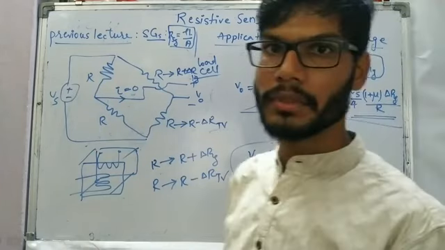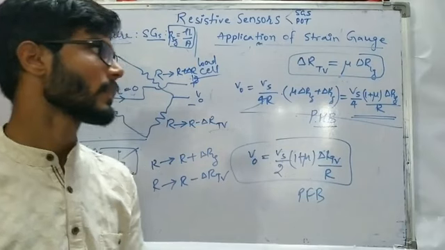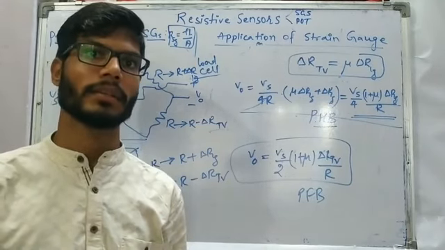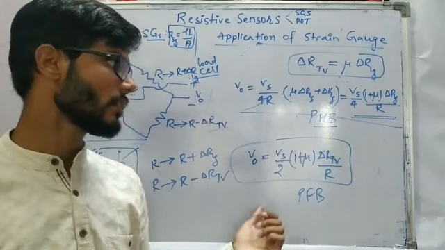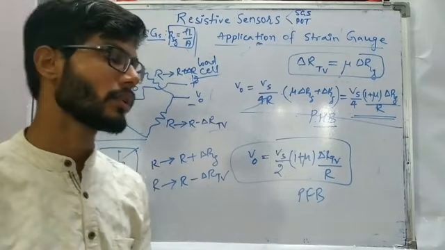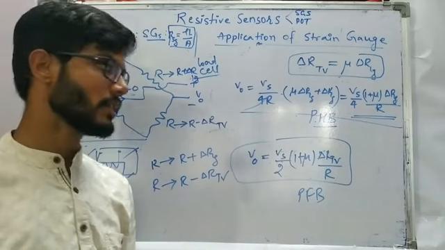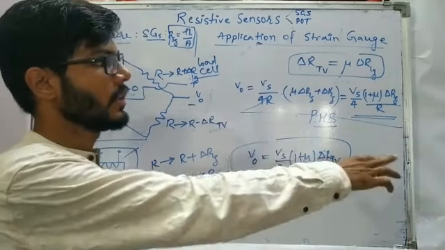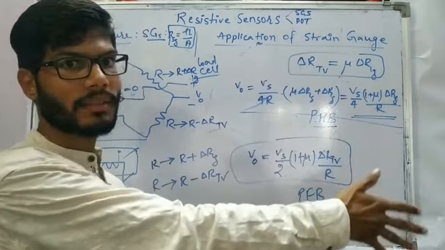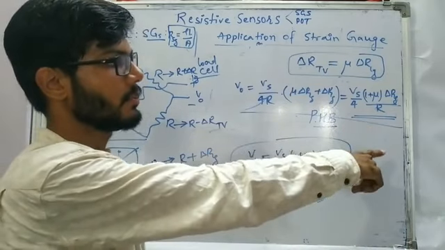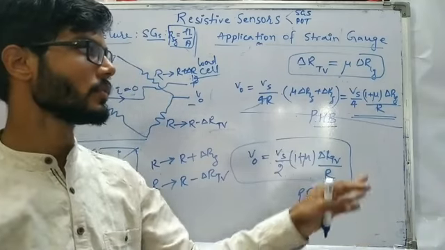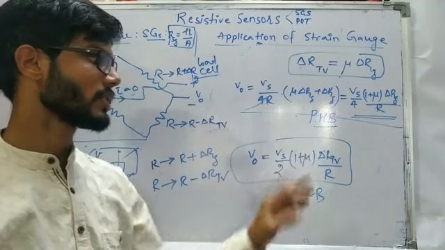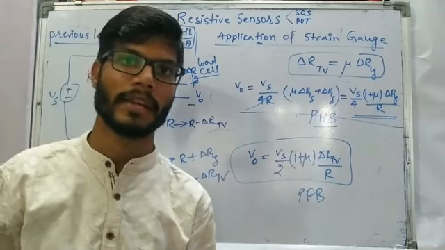So in the case of Wheatstone bridges, as of now we have ended up with 5 total formulas. The first 3 were related to quarter bridge, half bridge and full bridge, and now in the case of Poisson's configuration, we are going to use a combination of 2 strain gauges. So in that case, again we are going to have 2 more formulas. Poisson's half bridge is going to look like the quarter bridge, but in the case of Poisson's half bridge, the 1 plus mu term will be there, so don't confuse yourself between those formulas and these formulas. Poisson's half bridge and full bridge formulas will have to be kept in mind.